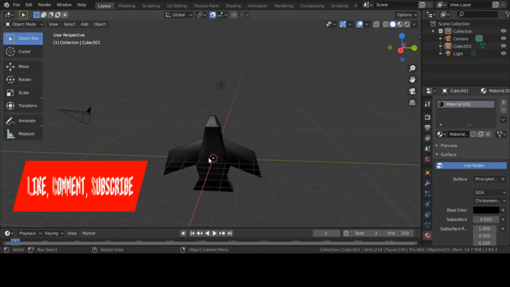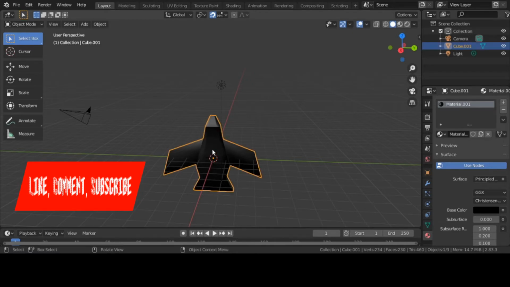I call it a blackbird. But my wife said, hey, it looks like a bird or a jet plane. That's good enough for me. It's good enough for me. Alright, so that's, like I said, from now on, when I do Blender, I'm going to always try to just make a quick,